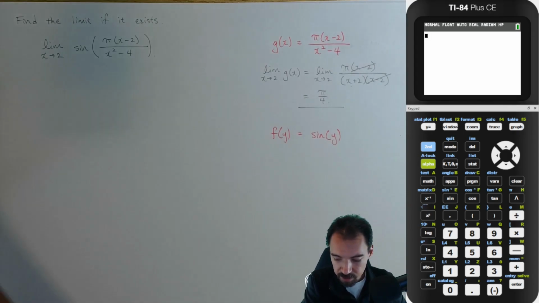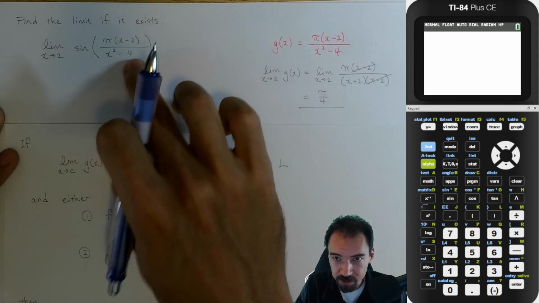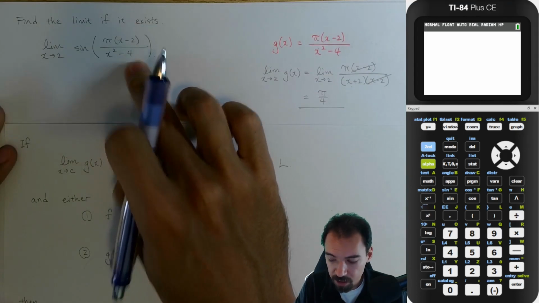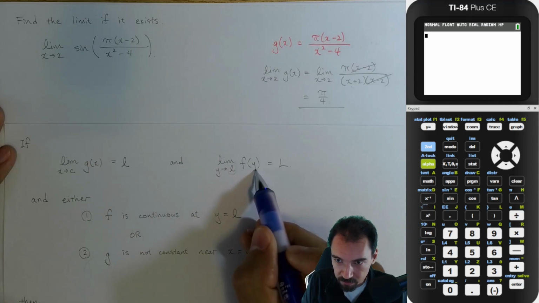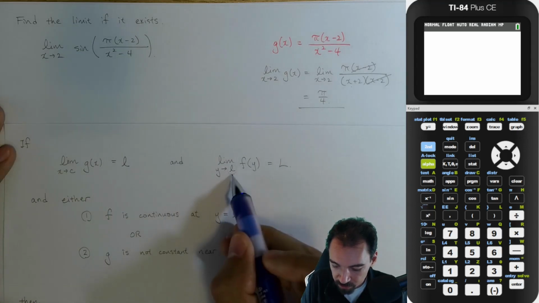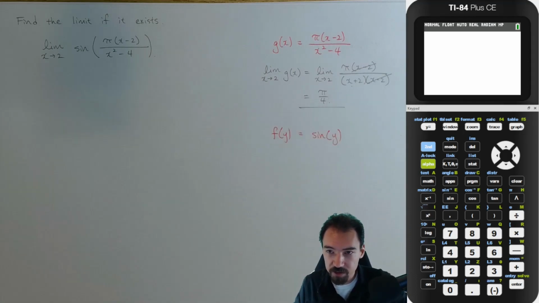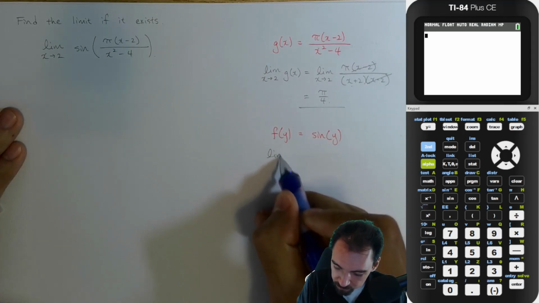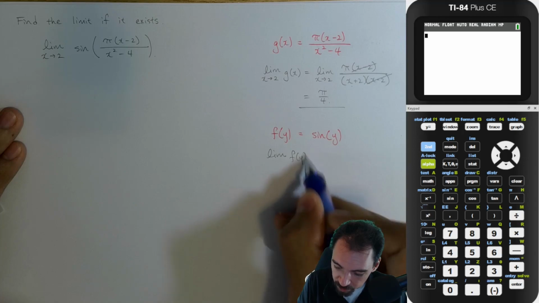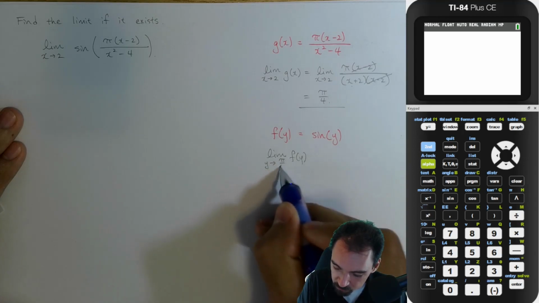Then, if I say, all right, pi over 4 is what's going to happen to the limit of the inside. Now, if I let the variable here, which is representing the entire output of this, approach pi over 4, I want to see if that limit exists. So I'm going to say the limit of f of y as y approaches pi over 4, the output of